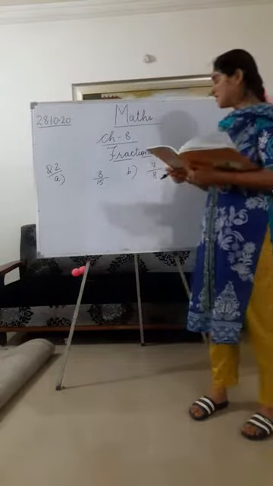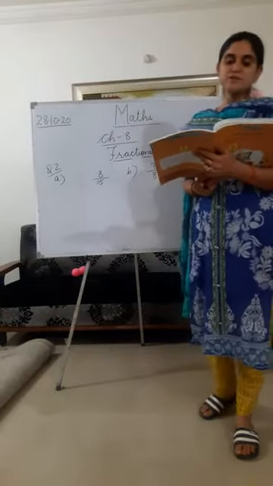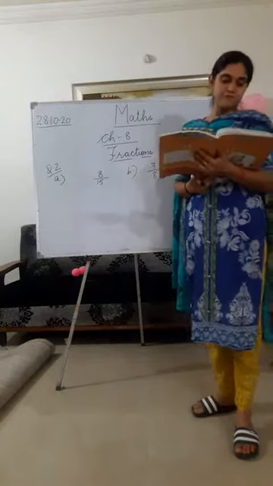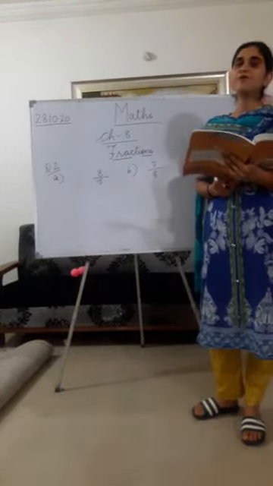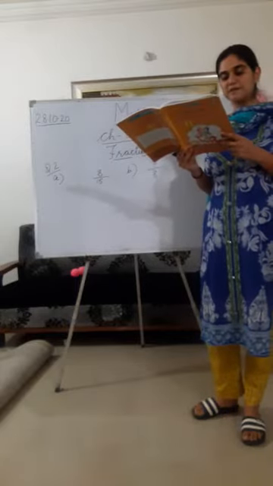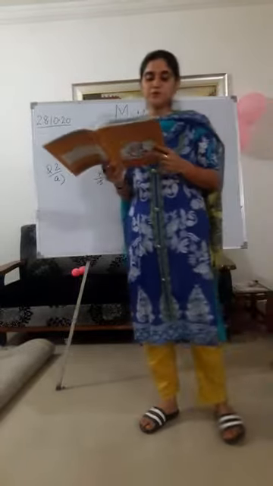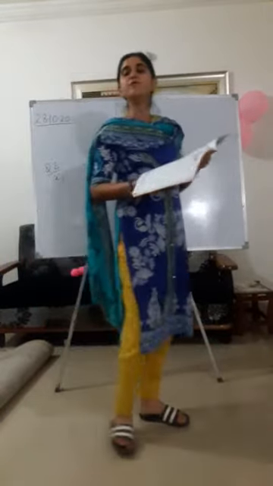Okay. Now take out your books, page number 74. Next topic is comparison of fractions. In this, 3 rules are given. You have to learn these rules. First is rule 1, second is rule 2, and third is rule 3. So you have to tick mark rule 1, rule 2 and rule 3, and you have to learn these